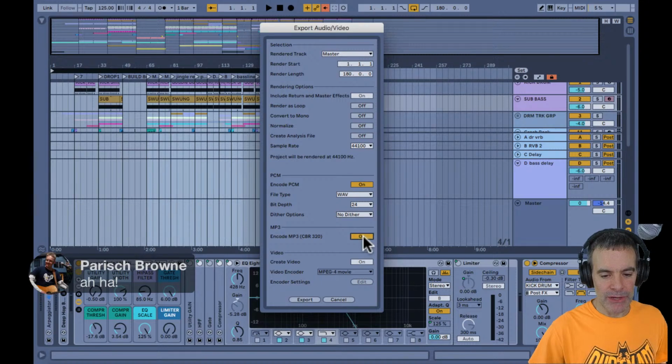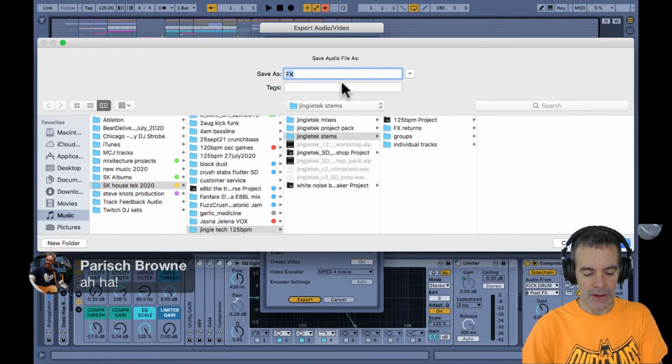Lastly, do I want an MP3? Optional. I'm not going to do it. Do I want a video? Optional. No. And then when you go to export, this is where you put in